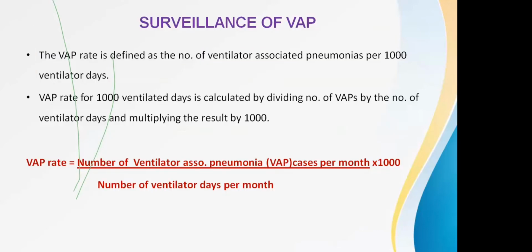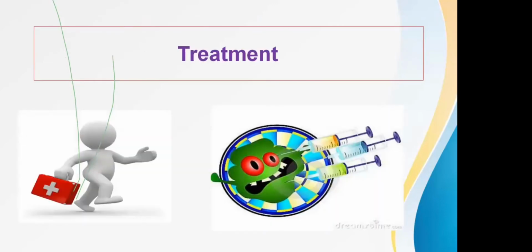This is also taken up by your infection control nurse in day-to-day activities. As I first stated, the infection control team comprises the infection control officer and the infection control nurse. Their day-to-day activities have to be jotted down by the infection control nurse. They have to take care of the bundle checklist. Daily, it has to be filled up, and then based on that, you look at the microbiological and clinical correlations to see which patient fits into ventilator associated pneumonia, and the number of days in that month for the particular patient is also added up.